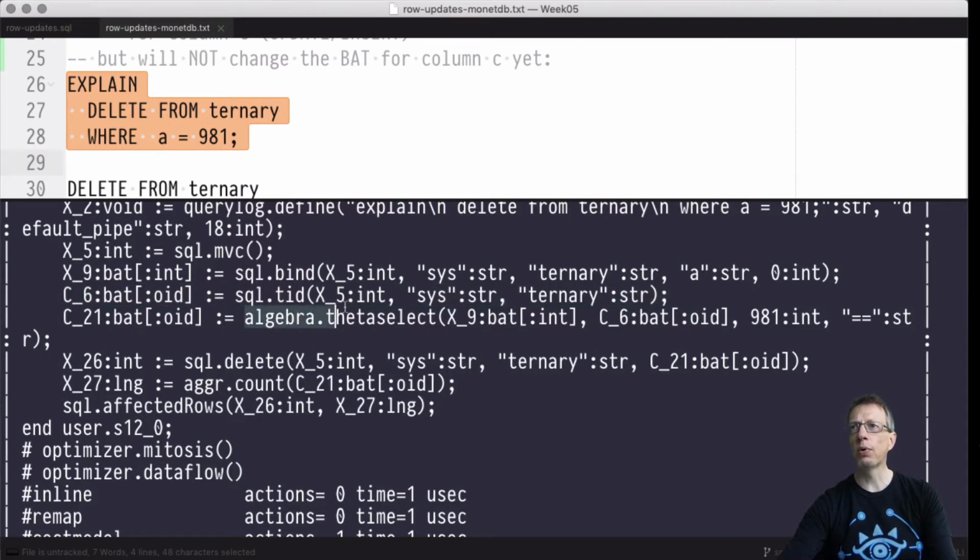That's the job of the algebra theta select, to identify those rows. As you know, algebra theta select also has the ability to first apply visibility information. So that's what we're doing here. This is the visibility BAT but it's being applied to the contents of the A BAT. So visibility is being applied, and then the selection is being performed, an equality selection regarding the literal value 981. And these would be the OIDs, a BAT of OIDs of those rows that are going to be